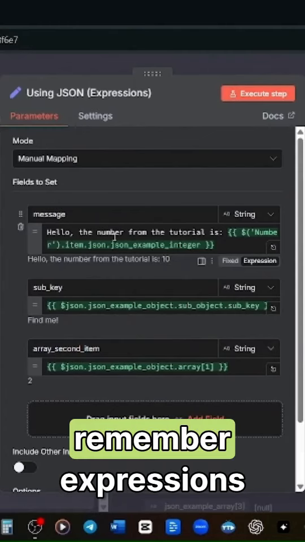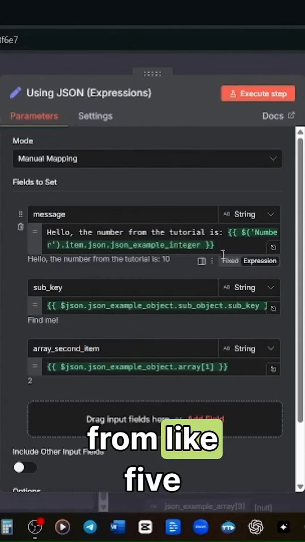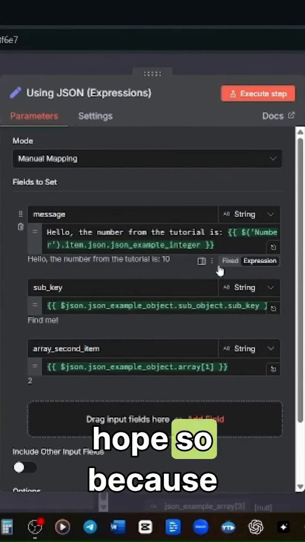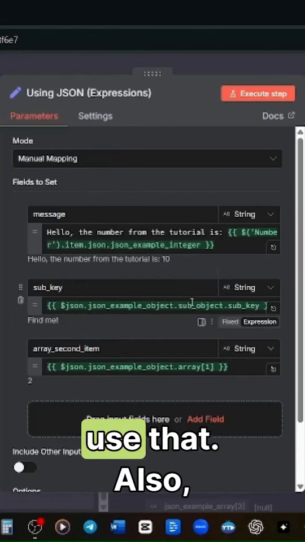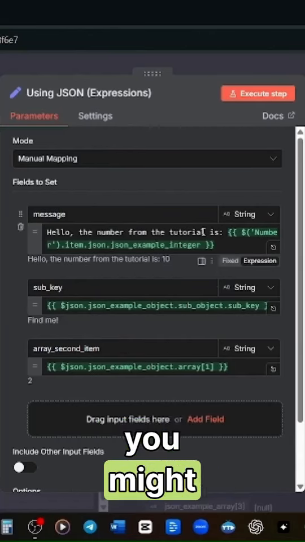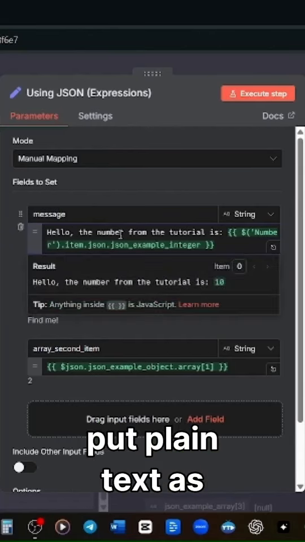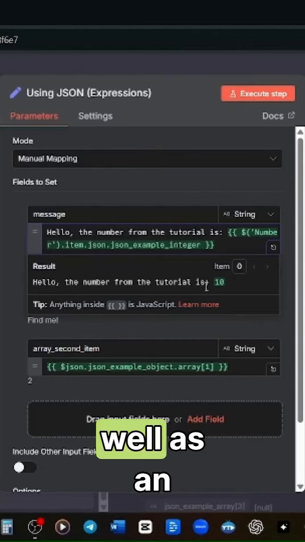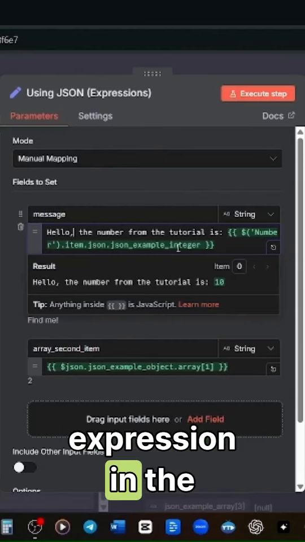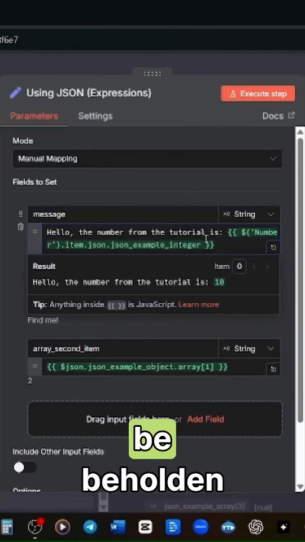Okay, now do you guys remember expressions from 5 minutes ago? I hope so, because we are about to use that. Also, something interesting you might want to know, we can actually put plain text as well as an expression in the same field. It doesn't have to be beholden to